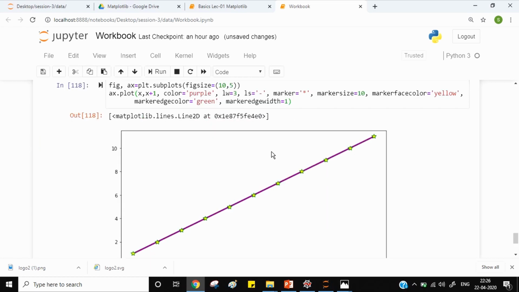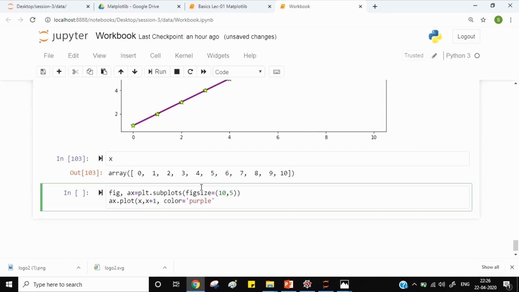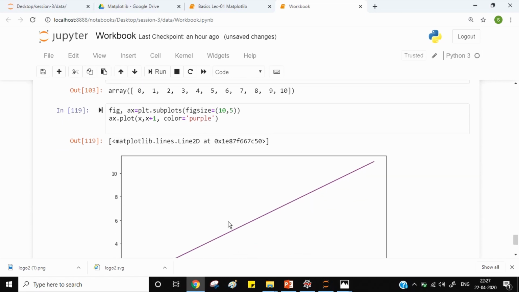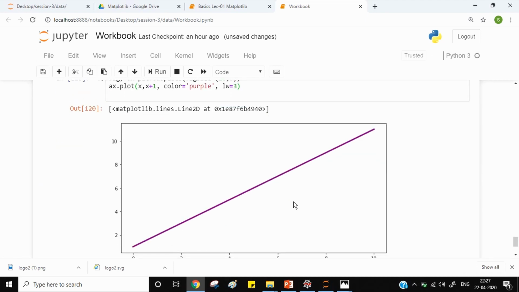Okay, so let's continue. This is my line. I will increase the line width a bit. Okay, so this is fine.